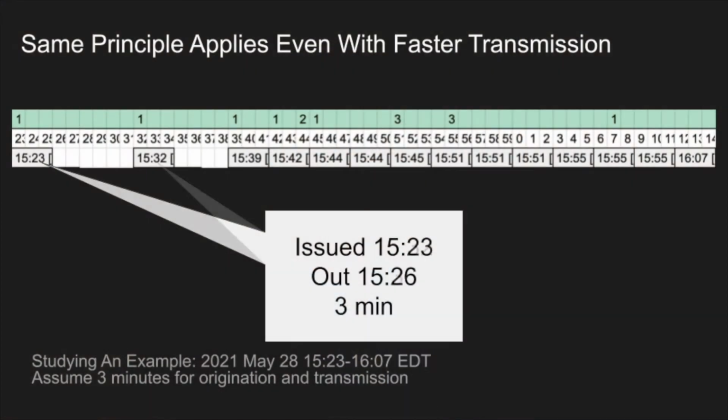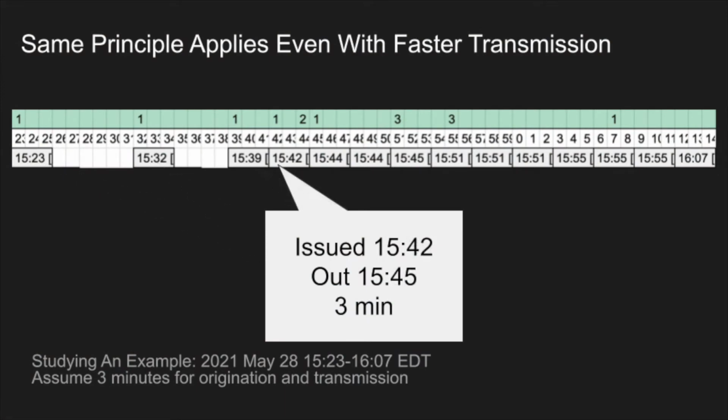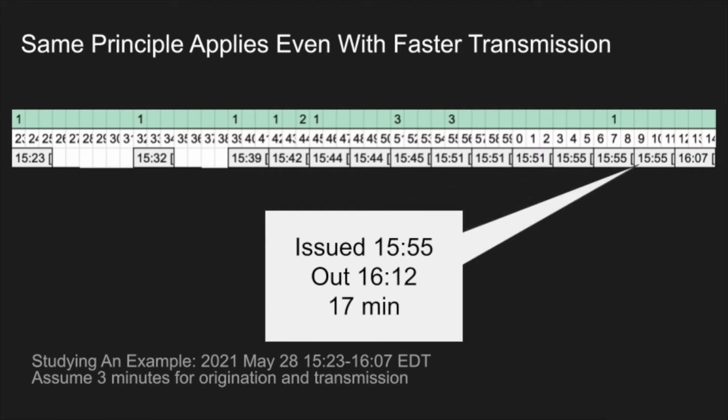I'll deal with that in a minute, but if we reduce the transmission time from 5 minutes to 3 minutes, we can see that the same principle still applies. Alerts get issued at the time and pace that the mission requires, and the radio operators need to originate and to relay messages at whatever speed they can. Faster transmission time means the queue just doesn't get as deep and the latency is not as great. But even in this scenario, our 1555 message doesn't clear until 17 minutes later, and we're all caught up at